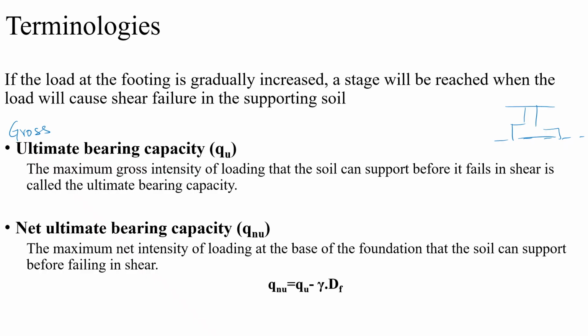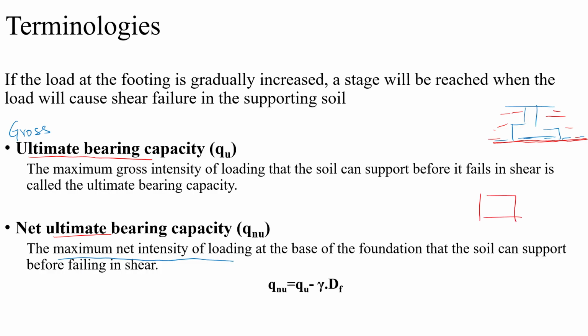Now, what is net ultimate? More or less the same concept, but we are ignoring the effect of soil, that is the pressure exerted by the soil. So the maximum net intensity of loading at the base of foundation that the soil can support before it fails by shear, which means I am ignoring the effect created by the soil here because it has already been present there, right? So how much additional intensity of loading can I keep on this particular layer of soil? Maximum. That is why I am using the term ultimate here, because soon we are going to see the term called safe bearing capacity. So ultimate means, remember, the maximum that can apply on it, which means, say for example,